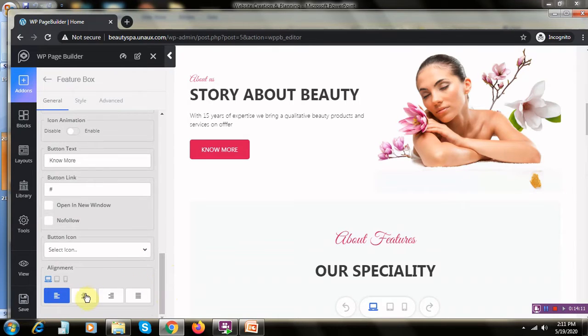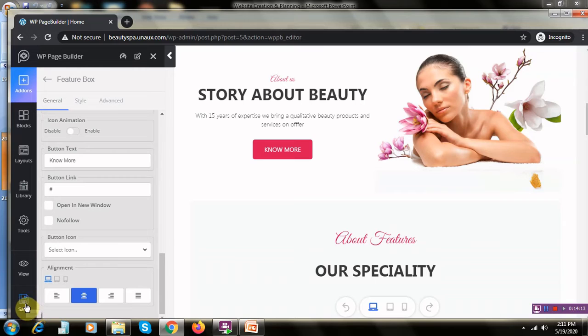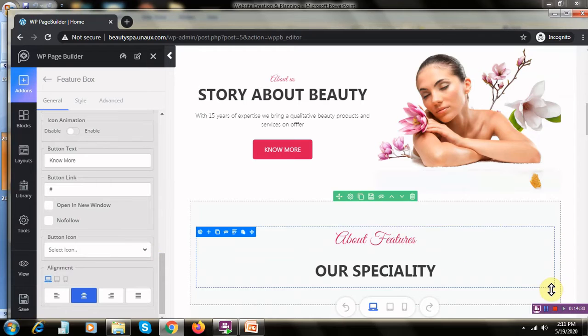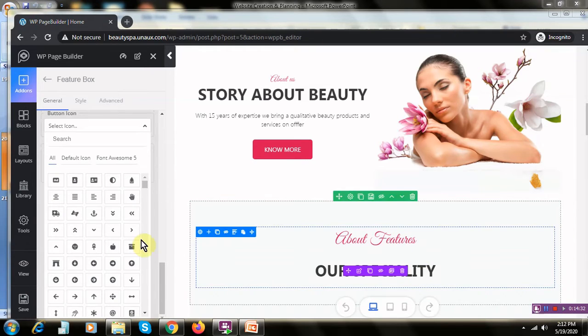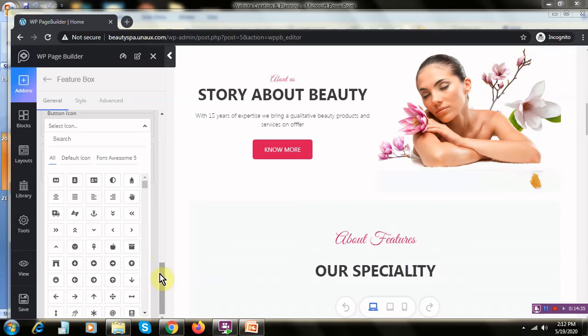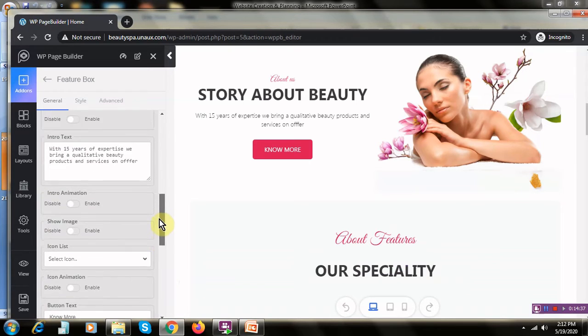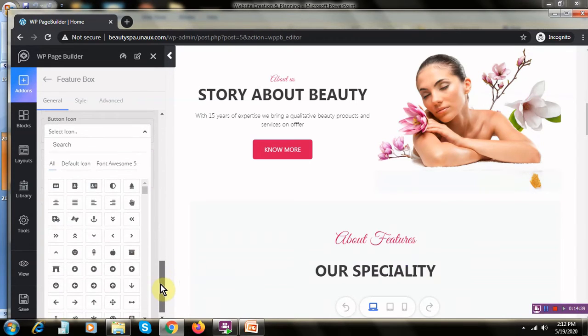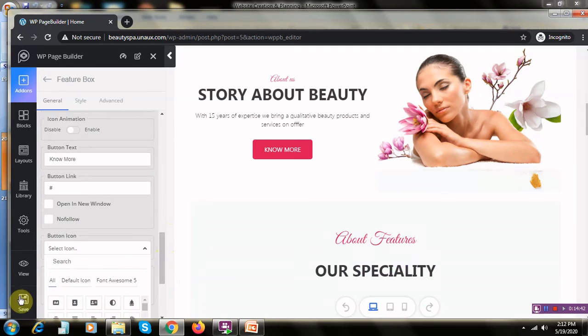Please keep exploring it. Save. There's a button. If you want to have an icon there along with the text, you can do that by clicking here. You can select the option of the button. See, there are different buttons that you can choose, and then you can display accordingly. Once you have chosen it, click on the save option. Now the home page is ready for us.